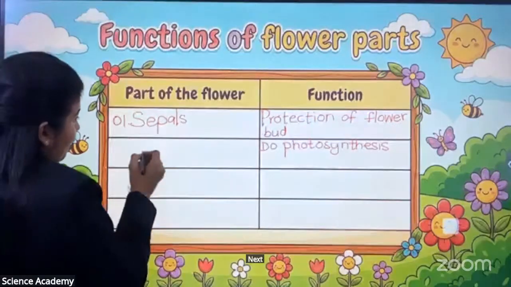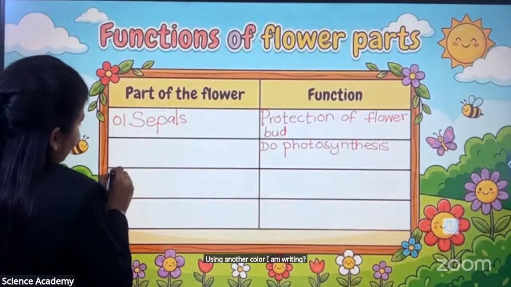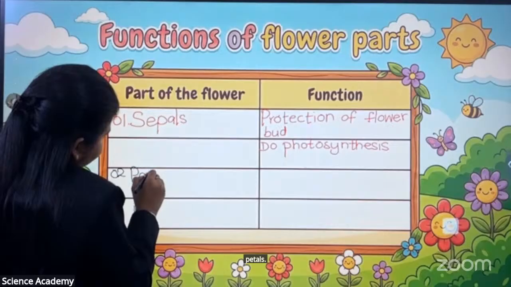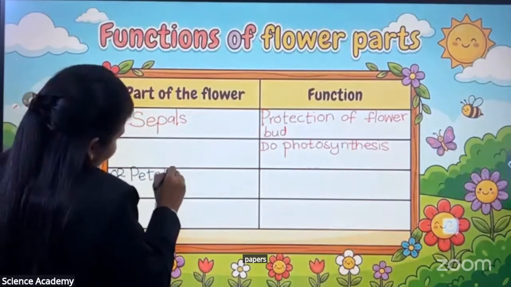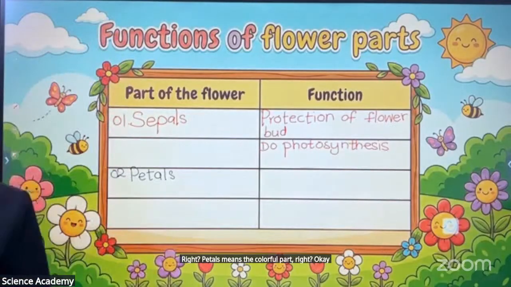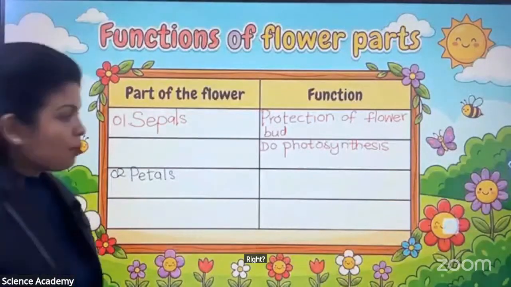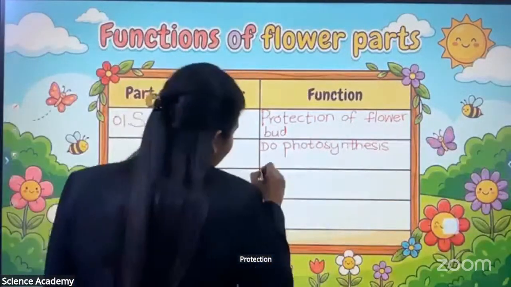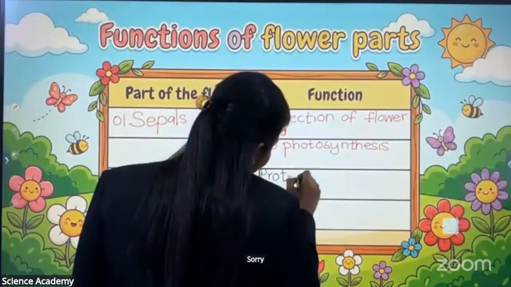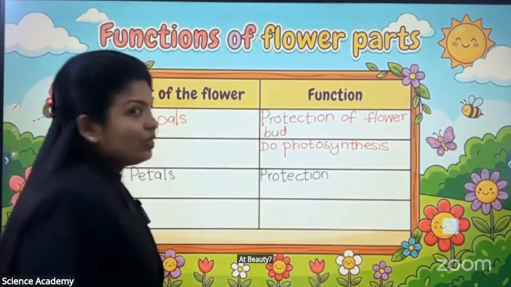So what is the next one? Next one is petals. Using another color I am writing. Petals. Petals means the colorful part. Okay. So what are these petals doing? Protection of internal parts. Add beauty. Sorry? Add beauty. Yes, add beauty, but